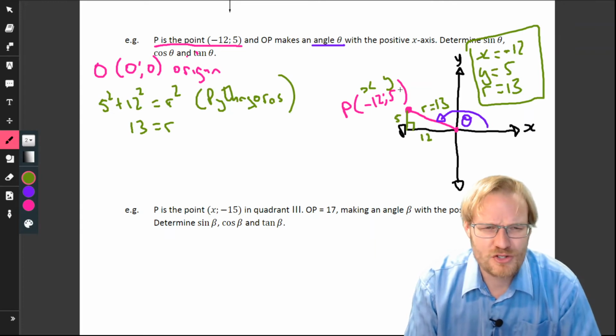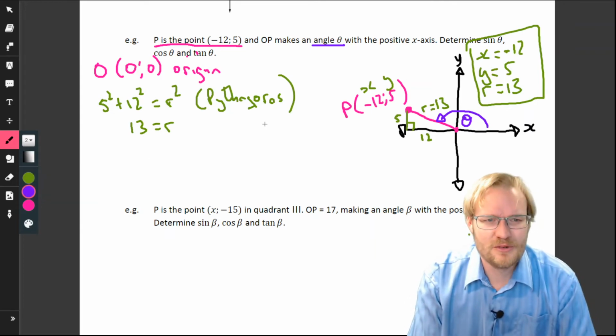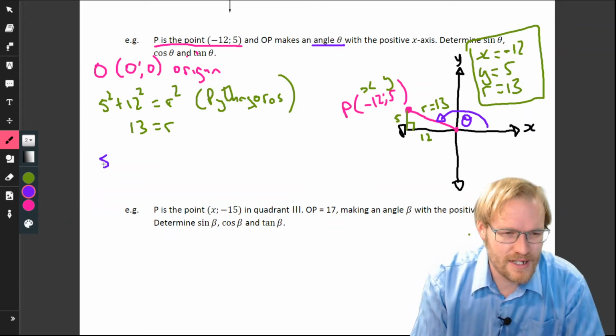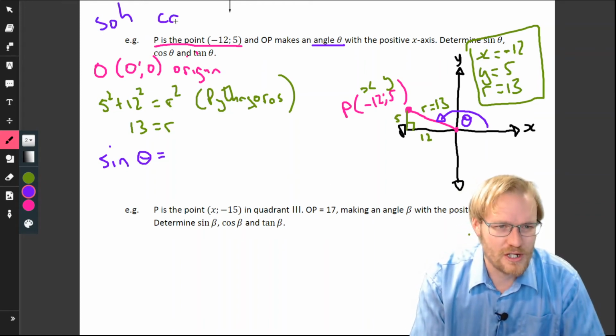Okay, so anyway, what are we trying to find out after all of this? We're trying to find out sine theta, cos theta, and tan theta. So sine theta equals, now remember, from our SOHCAHTOA,